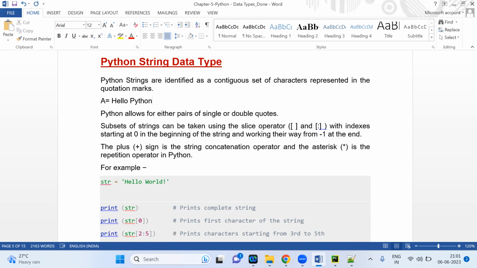Either you can mention it in single quotes, or you mention it in double quotes. Then it will be considered as a string. This will be considered as string data, and the data type will be string. So A is equal to 'hello Python'. When you write it like this,